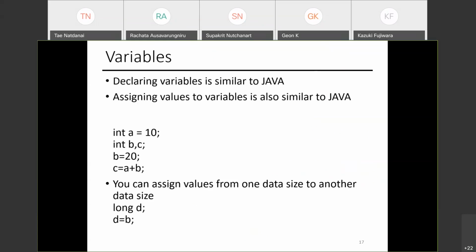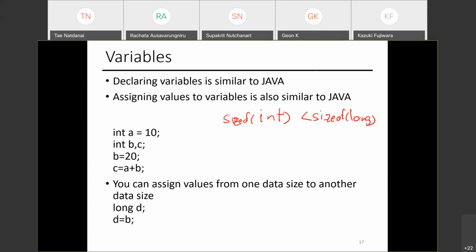Then you can assign value from one data size to another data size. For example, the size of int is less than the size of long integer, right?